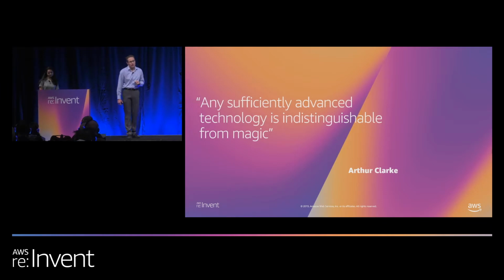So here's a quote from Arthur Clarke: "Any sufficiently advanced technology is indistinguishable from magic." And this is a quote one of my previous employers liked to use. We had it plastered all over the walls. And I think it really comes into play when you're a .NET developer. Your boss expects that you will produce magic for them, right?